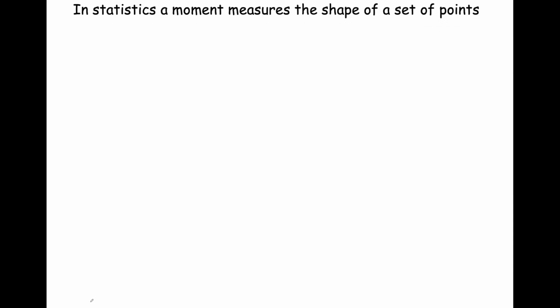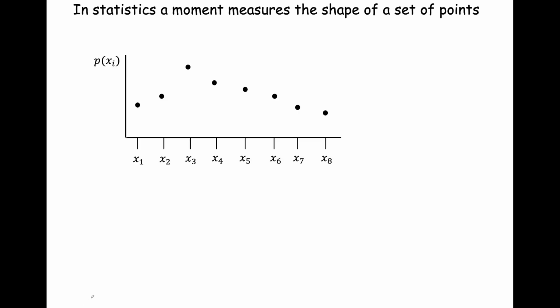But let's see what a moment is. In statistics, and again, statisticians reuse the tools of physics in order to describe moments. Now, in statistics, the purpose of a moment is to describe the shape of a distribution. And you can think of a distribution as a set of so-called mass points. And so here we have a distribution on the horizontal axis. We have all of the so-called support set. Those are all the values over which probabilities are defined. You could call that the domain of the probability. And then on the vertical axis, we have the probability itself.